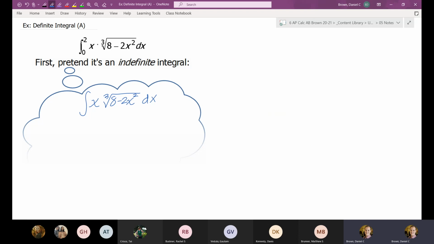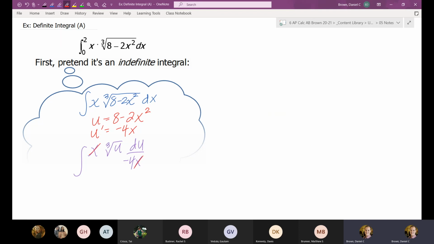So we want to identify the u. Again, u is often what we see on the inside, so I'm going to let u be this 8 minus 2x squared. U prime then is going to be negative 4x. I can already look at that problem and see that that's going to work because those x's are going to cancel out. Show as much work as you need to with u sub, so I have x on the cube root of u, and then dx is du over the u prime. Good to go because those x's are going to cancel out,